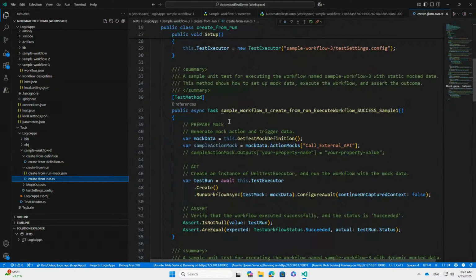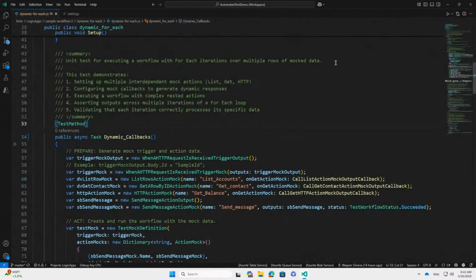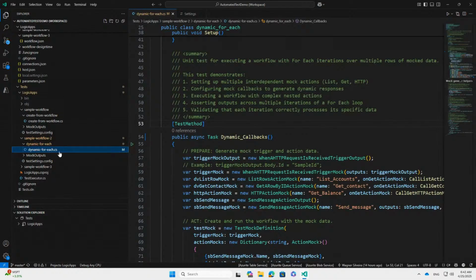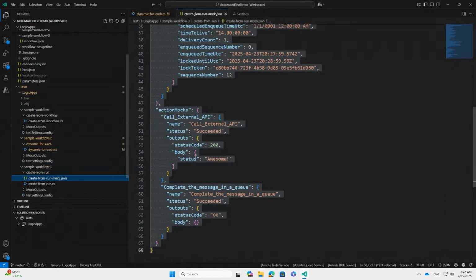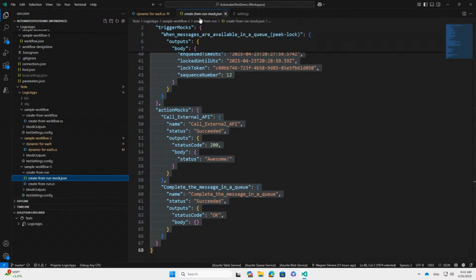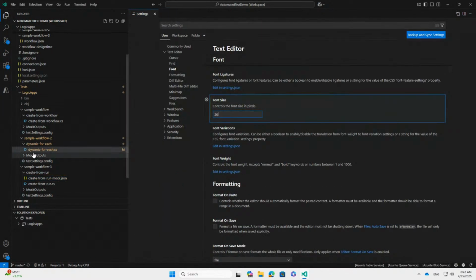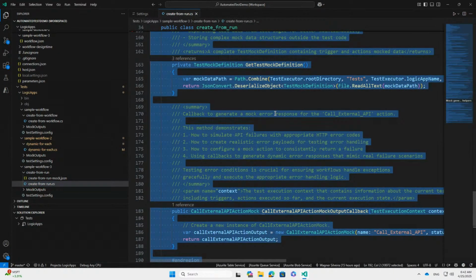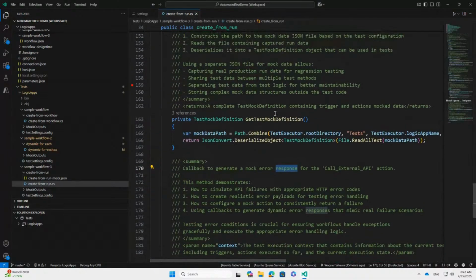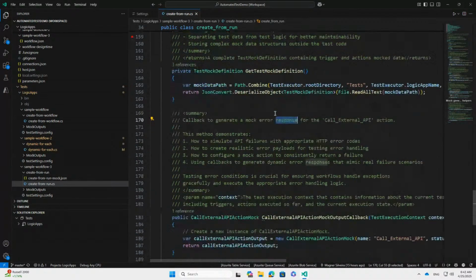So what I'm going to do now is, instead of trying to create all of that manually, I'm going to show you some examples of how that actually was working. So let's start with the most simple, that is the create from run, right? So let me get this create from run project here. Let me go to my create from run message. And what I did on this one is I have